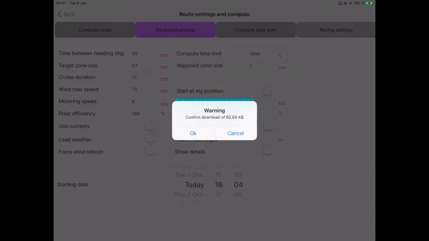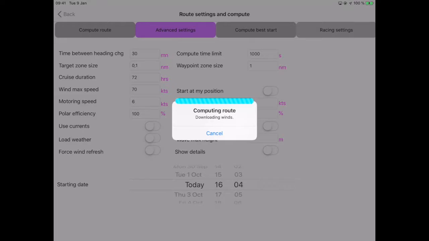Avalon informs us that it will transmit about 63 kilobytes of data that will take a little bit over 6 minutes to be downloaded to the tablet. Estimated winds and gusts will be provided degree by degree and 3 hours per 3 hours. In case a satellite connection interruption occurs, Avalon is also able to restart the connection automatically without losing any of the data that has already been transmitted.